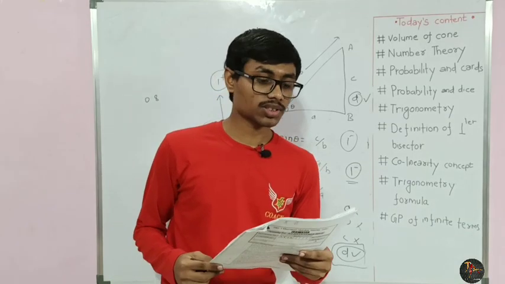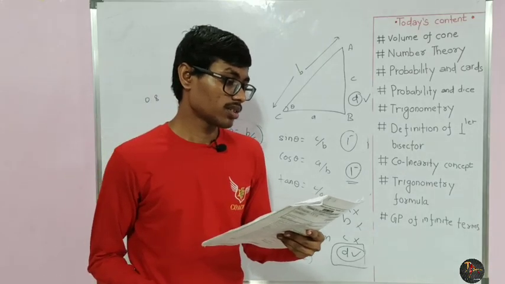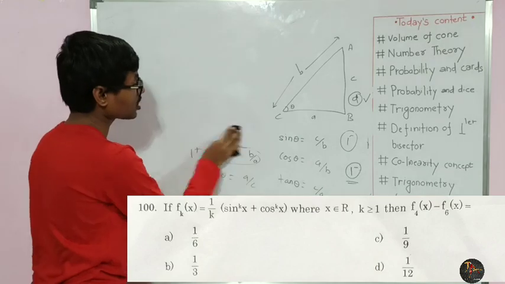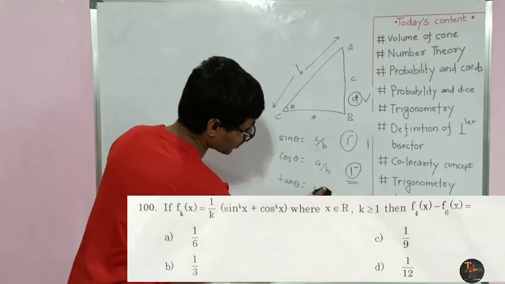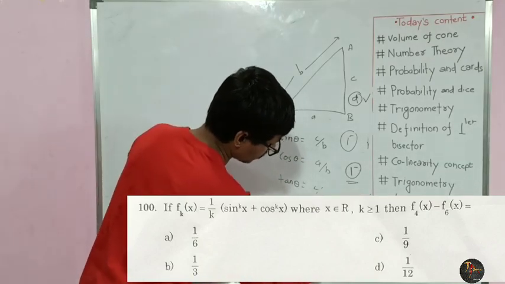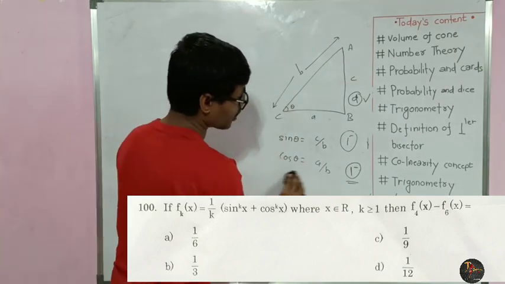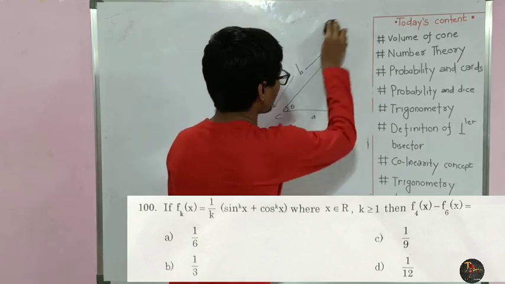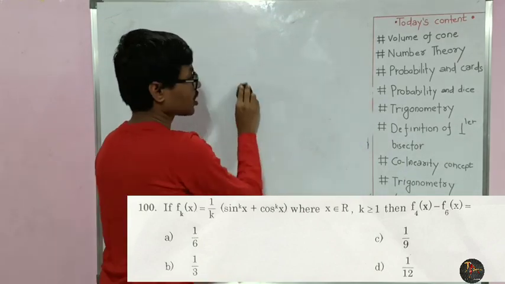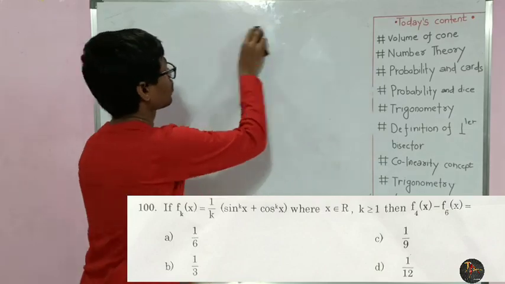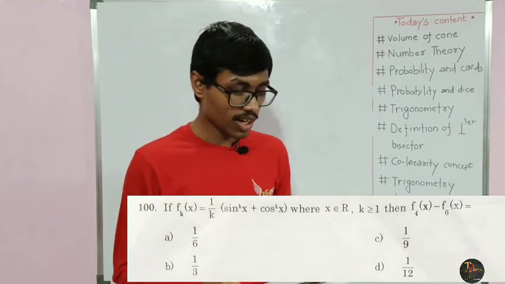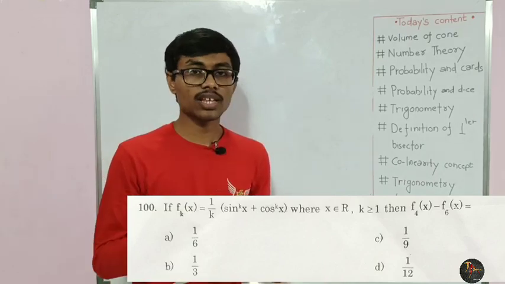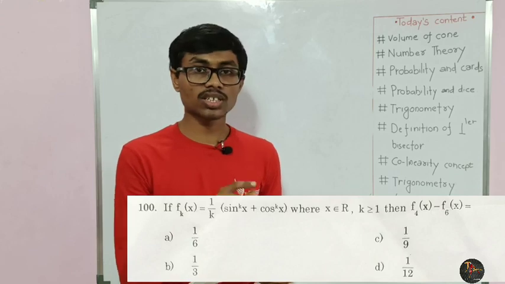Now in next question they have given one function question. It is very simple question if you apply logic, and it is very difficult question if you solve it by method. If you solve it by method, you will take nearly 10 to 15 minutes to solve this question, and your entire time will be gone into this question only. So we can apply our brain here. For every real value of x, this function is valid.